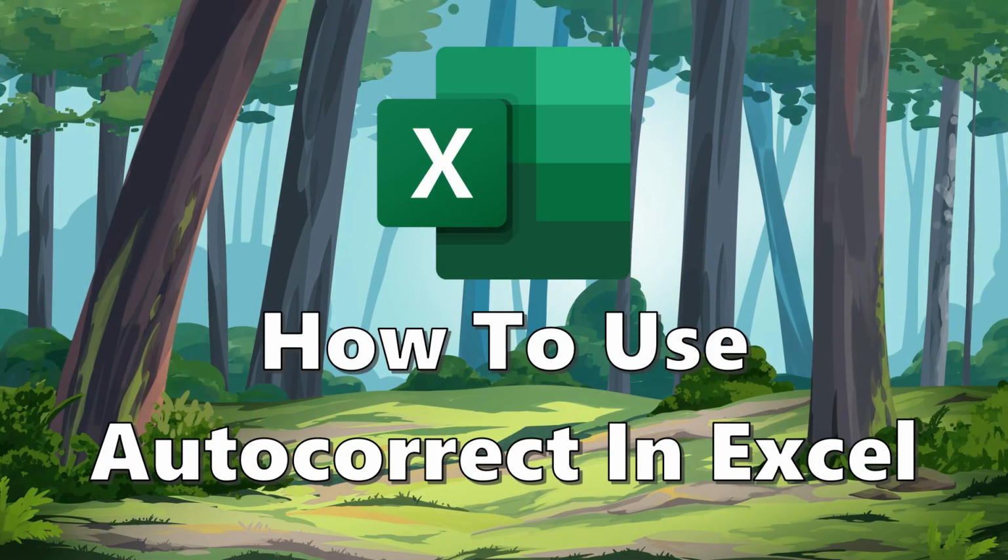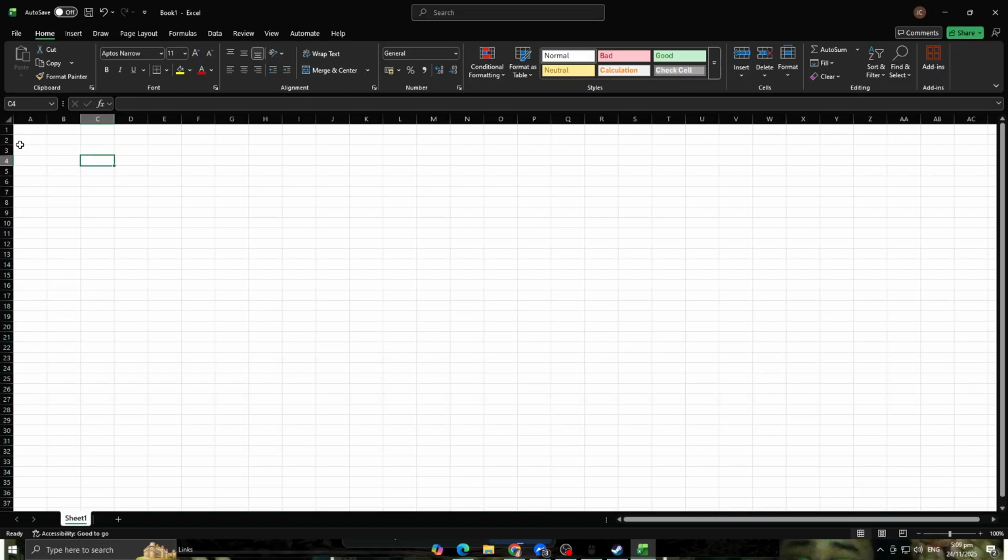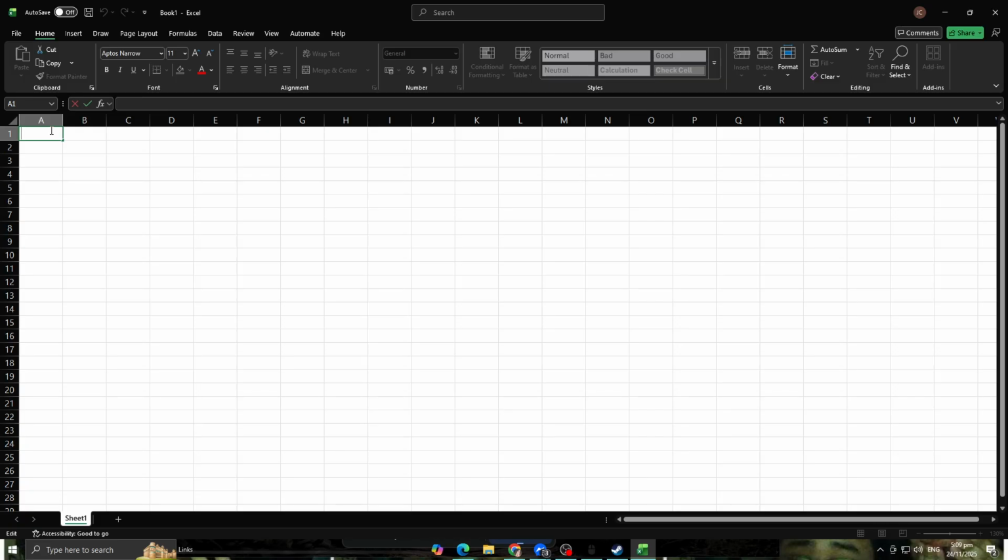How to use autocorrect in Excel. So here I'll be teaching you how to use autocorrect in Excel. As you see right now, when we type this, "guide," there we go, then we click on that. The G becomes small, the U becomes small, and the G becomes large. So now